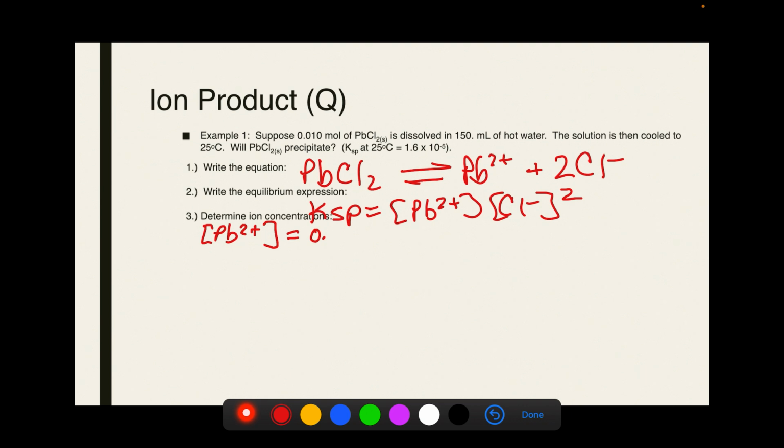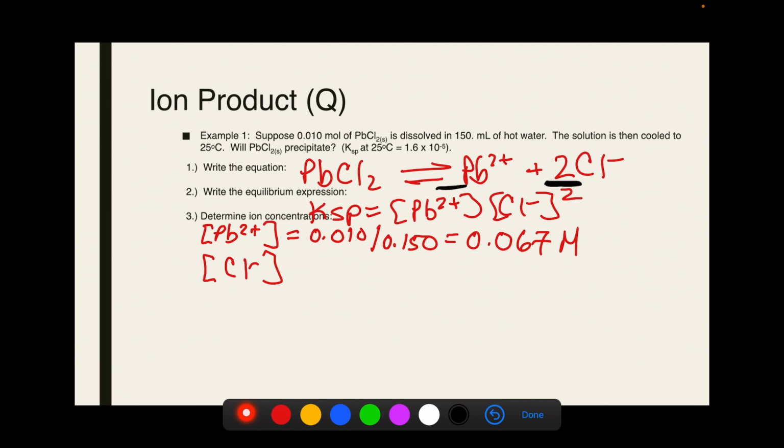Since we've dissolved 0.010 moles in 0.150 liters, we get a lead 2+ concentration of 0.067 molar. Notice that for every lead 2+ ion, we get 2 chloride ions. There are twice as many chloride ions in solution as there are lead ions. Therefore, our chloride concentration is going to be 2 times our Pb2+ concentration, which is going to be 2 times 0.067, which gives us